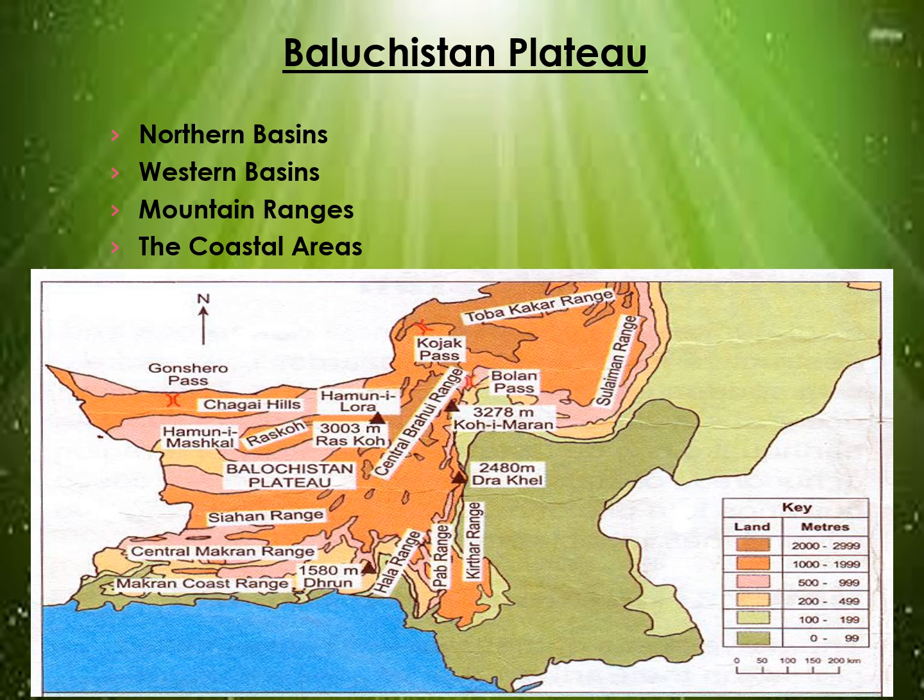It is a large upland area which is almost level and usually bounded by steep slopes, and it is located in the southwest of Pakistan. Now if we talk about the main features, you can see in the map below that the main location of the Balochistan Plateau is visible. It is located on the west side of the Sulaiman and Kirthar range, and it separates it from the Indus plain. Its western boundary is marked by Iran, the northern boundary by Afghanistan, and the southern by the Arabian